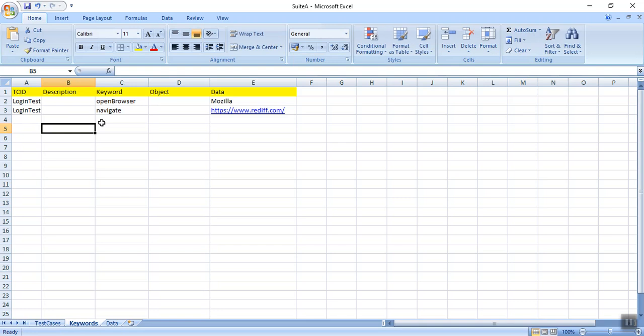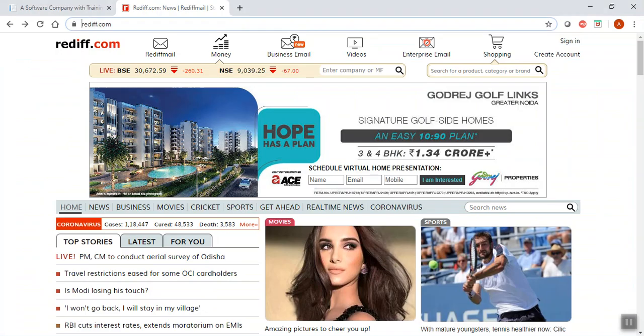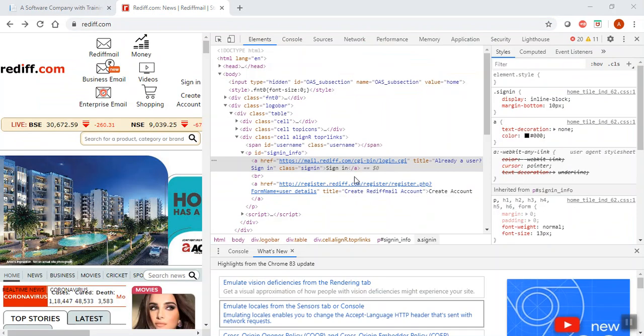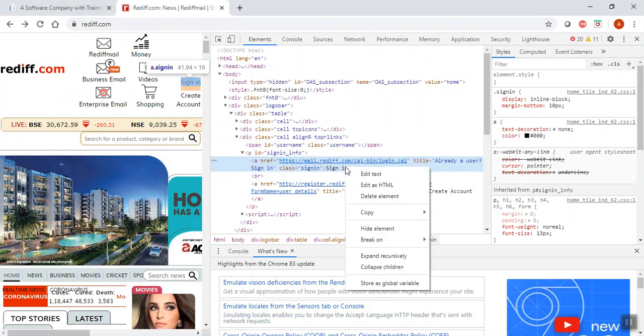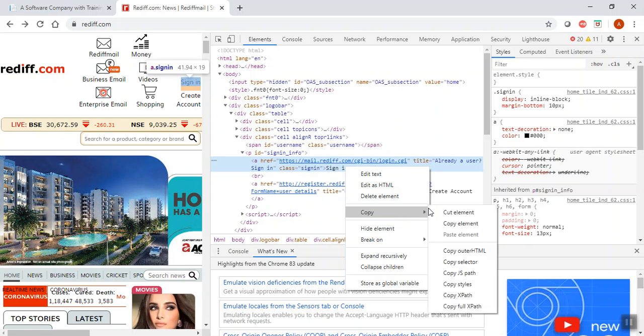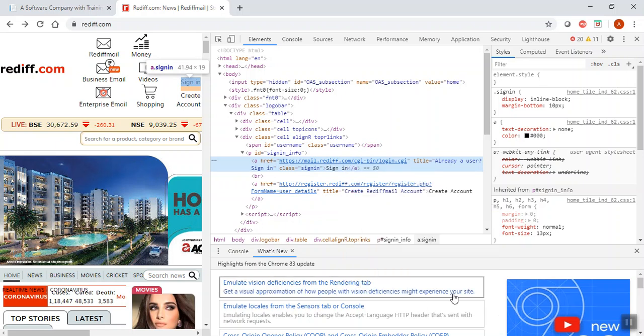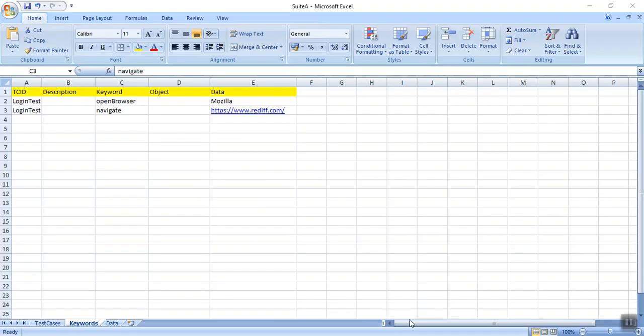Here I have to navigate. Where I have to navigate, I have to go to rediff.com. Next, I have to click on this sign in button. I go here and copy its XPath. You can take out the class also, but I am just taking some easy things. Take the XPath. So our object is this, and it will be a login test only.